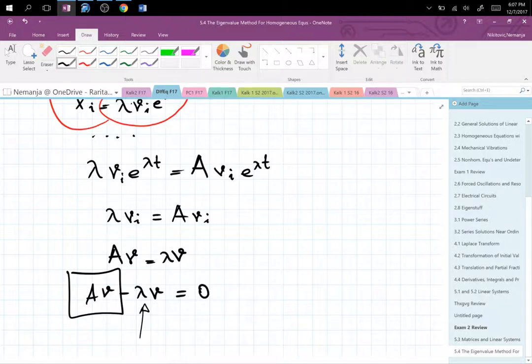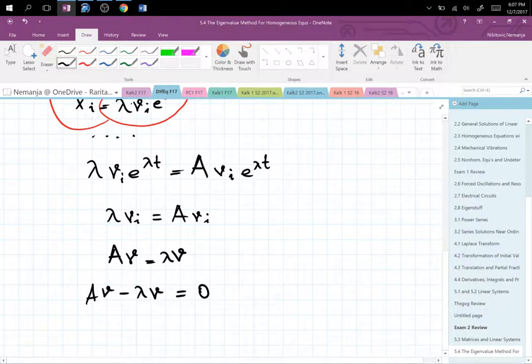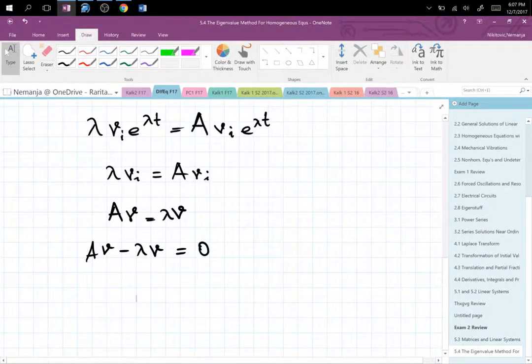There is no division for vectors and matrices, so we can't cancel out v. But what we can do is multiply this lambda by the matrix equivalent of 1, and that is the identity matrix. So if I write it this way,